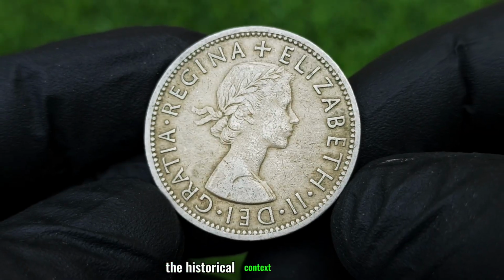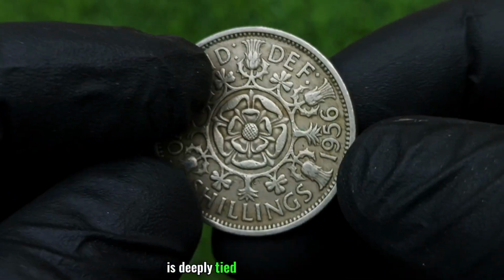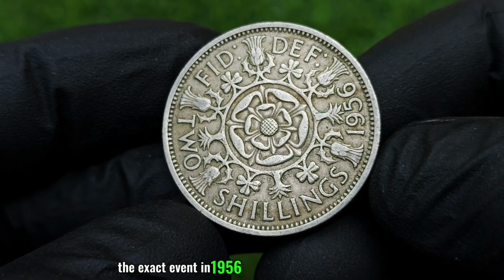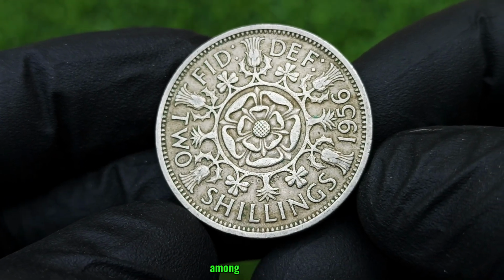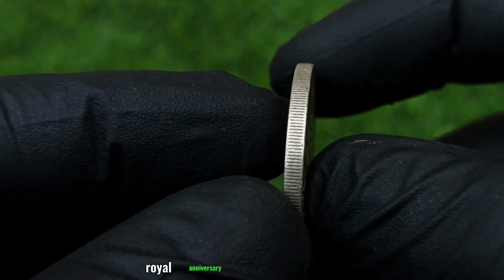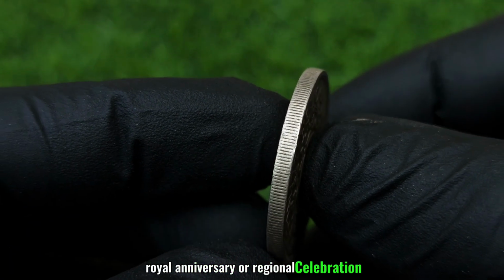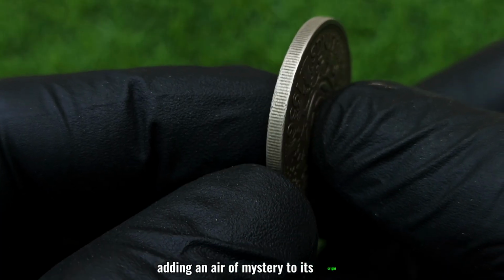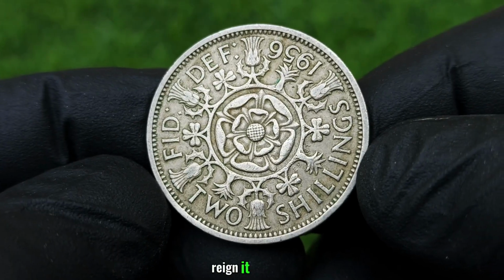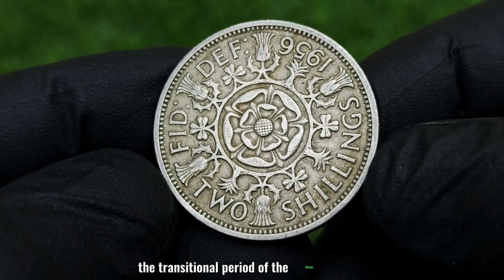The historical context of this coin is deeply tied to the bicentennial it commemorates, though the exact event in 1956 remains a subject of debate among historians. Some speculate it may honor a lesser-known royal anniversary or regional celebration, adding an air of mystery to its origin. Struck during the early years of Queen Elizabeth II's reign, it reflects the transitional period of the British Empire into